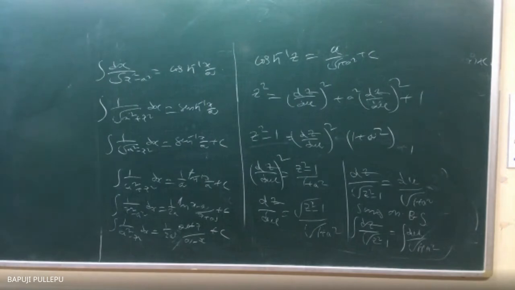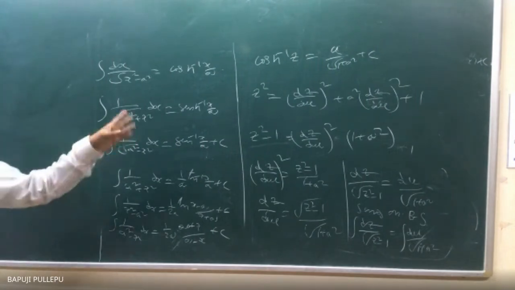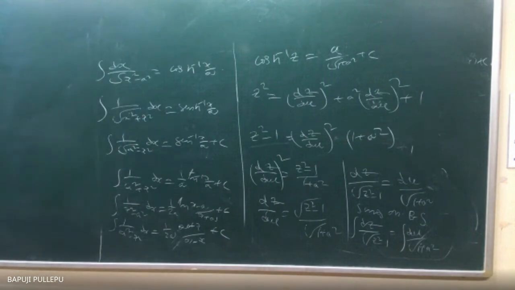Sin inverse derivative is what? 1 by root of a square minus x square. That only. Integration means what? Taking the answer to the derivative, we get the question. Anti-differentiation. It's called integration. But subject-wise, integration was born first. After 50, 70 years, they found differentiation. After 150, 170 years, they linked both relations. Integration is now everything; nothing can survive without integration.